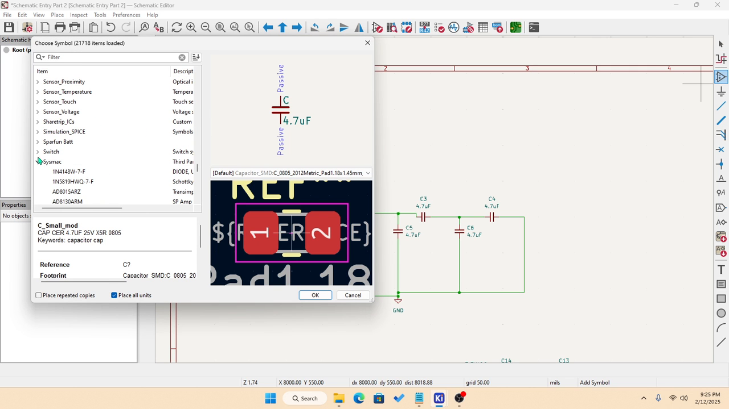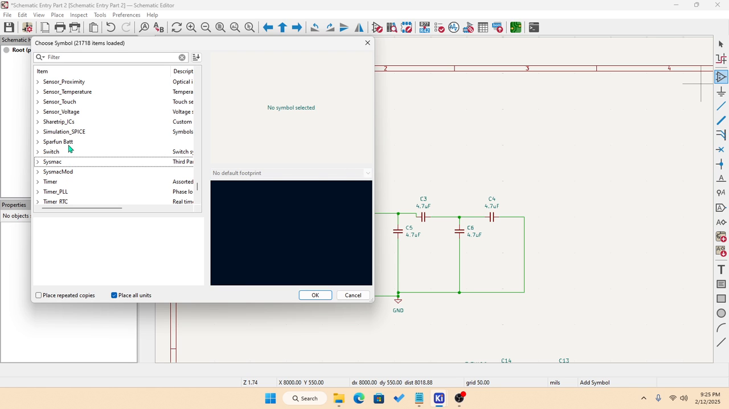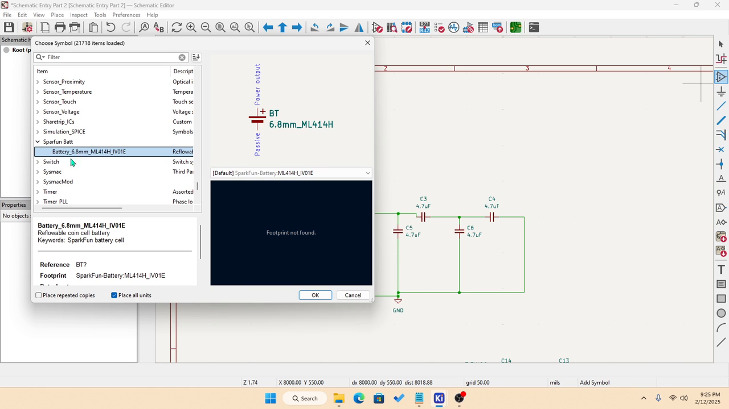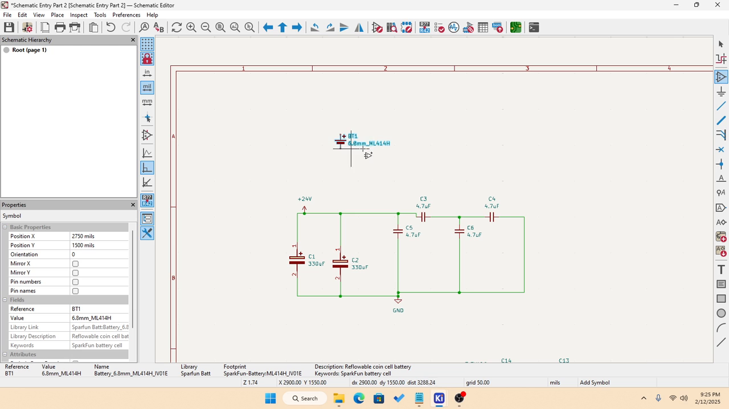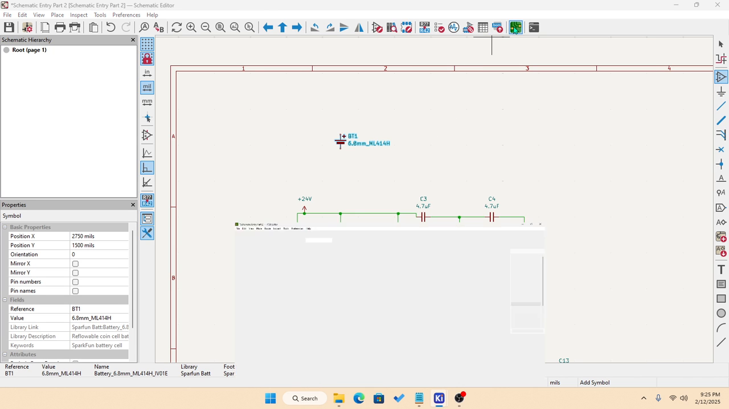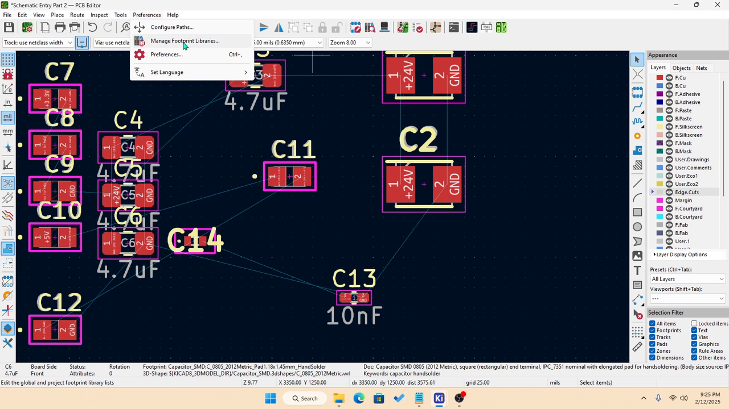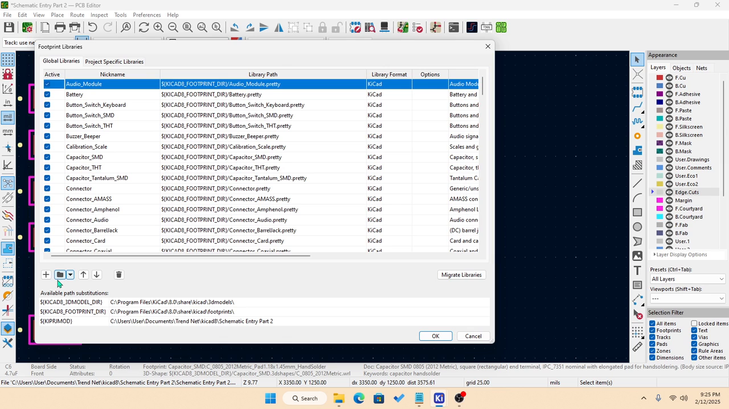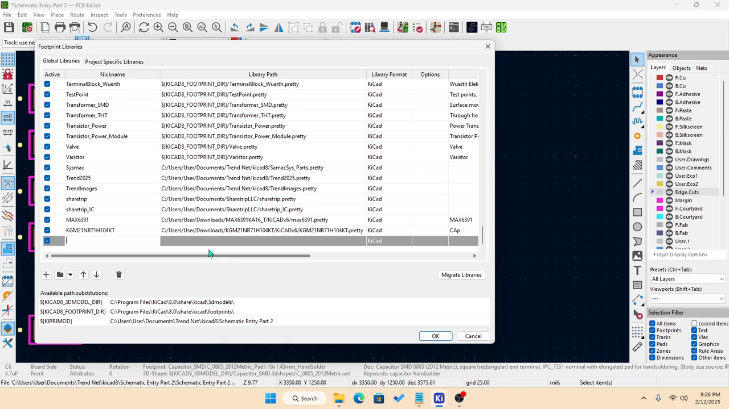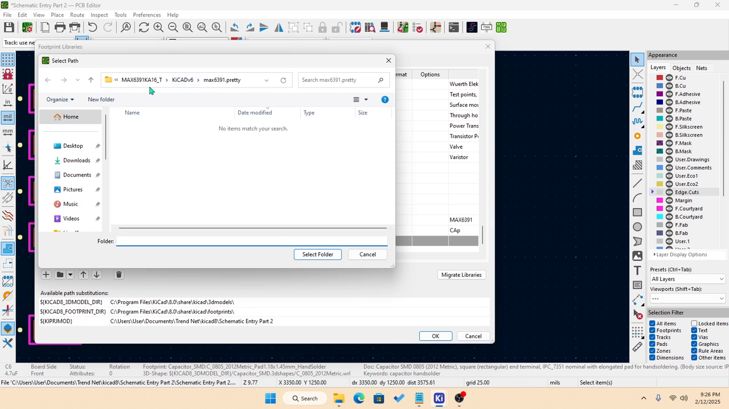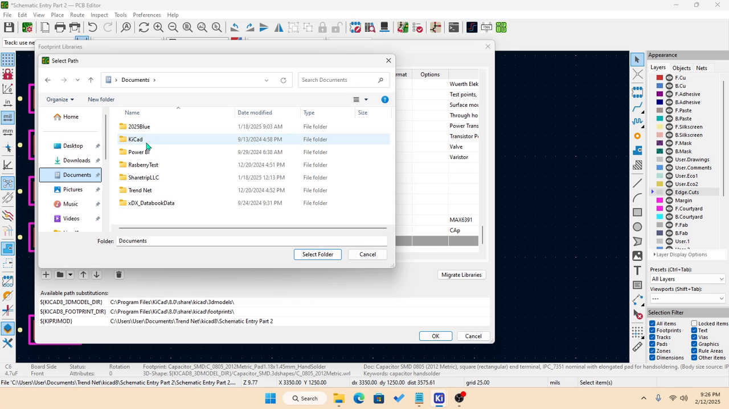So now if we go to smartphone battery, then it should have the symbol. So it looks like it has only one thing. And now when we go to layout, now we go to tools, preferences, manage footprints, click other library, and click where that is. So documents,